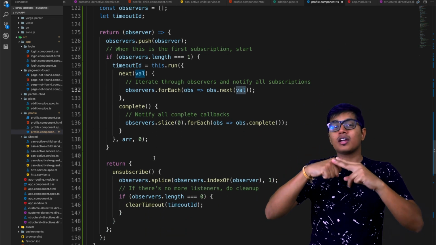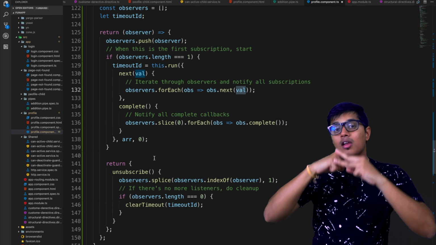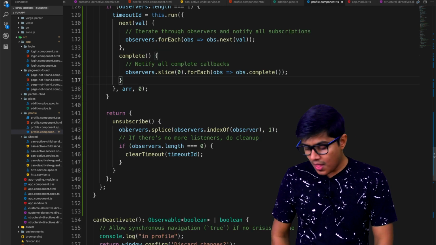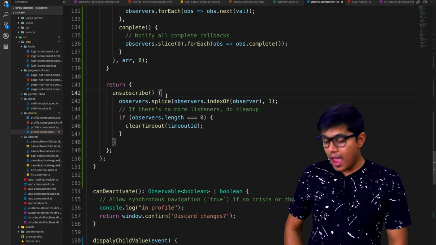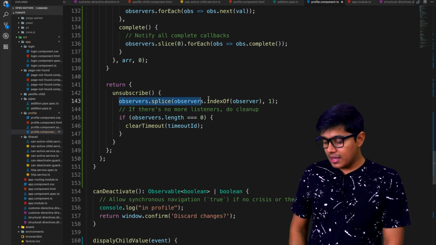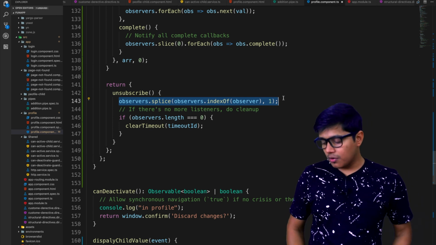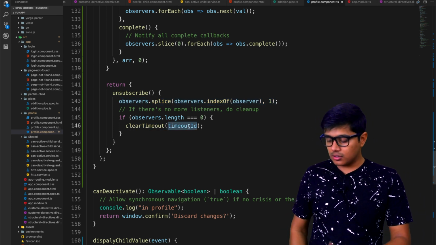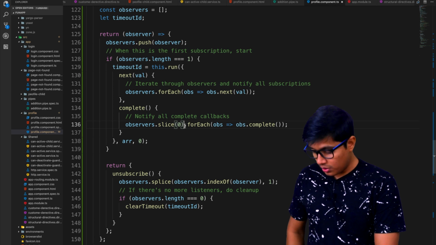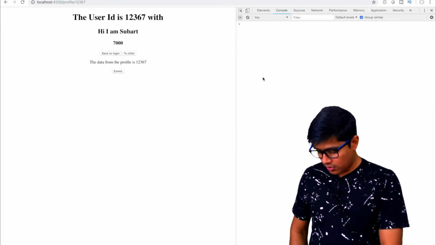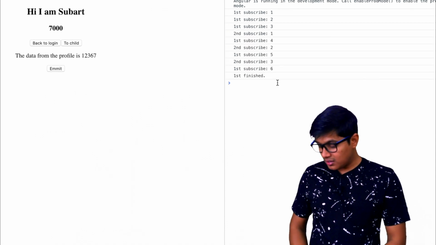So suppose at the fifth second a third observer came, then all three will get the 6-second value, 7-second value, and it goes on. And this is to unsubscribe, meaning when you get complete, it will by default unsubscribe here. And in the unsubscribe, I am removing the unsubscribed element from the observer and calling the timeout for that ID, for that subscriber. So here we'll save it, and when we go to the subscriber, we'll see that on the fourth second you will see that,